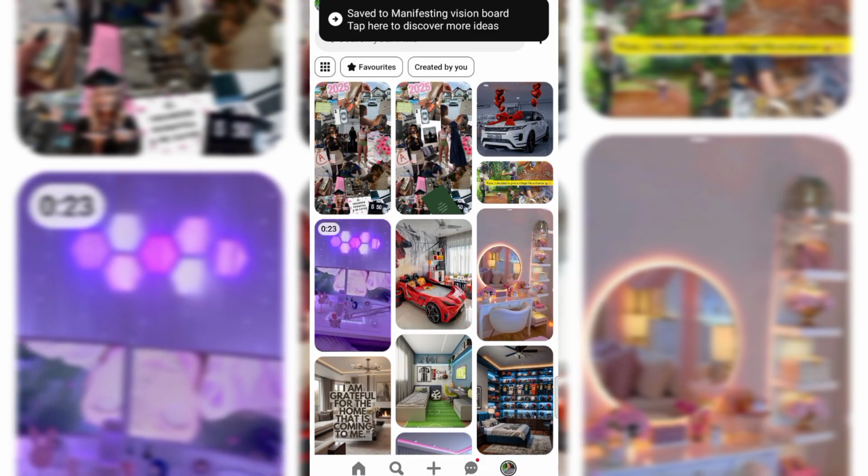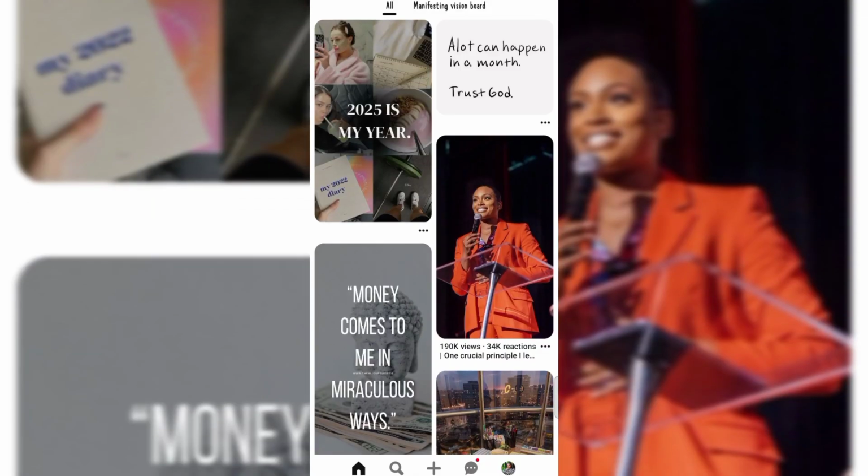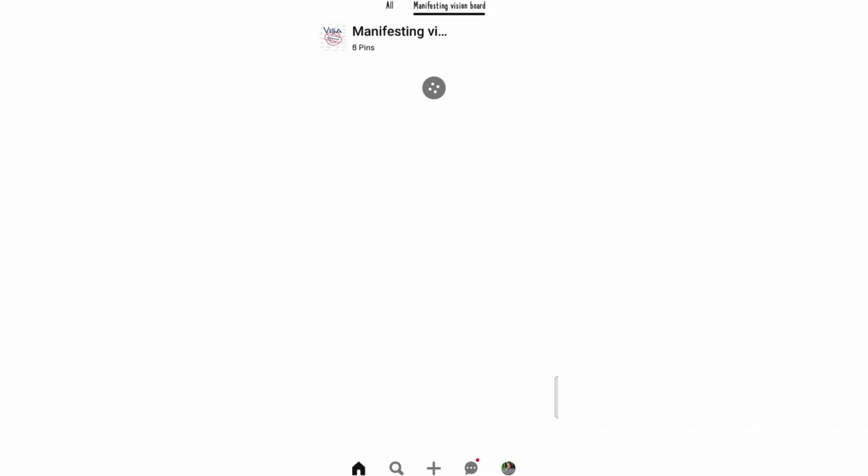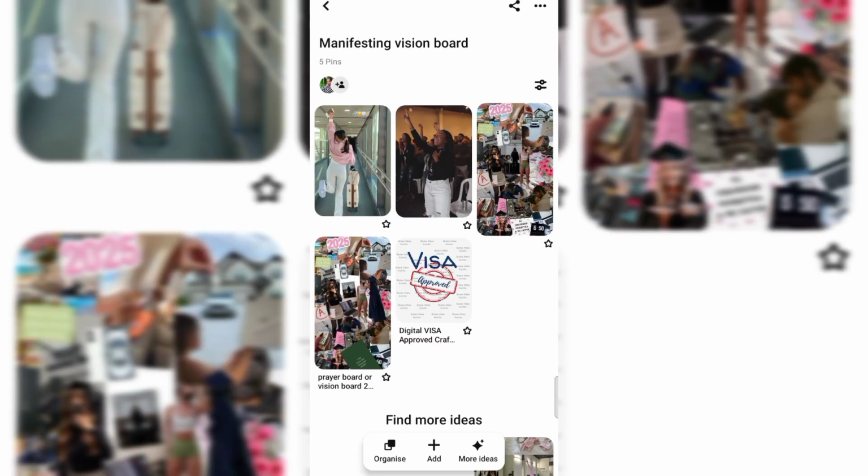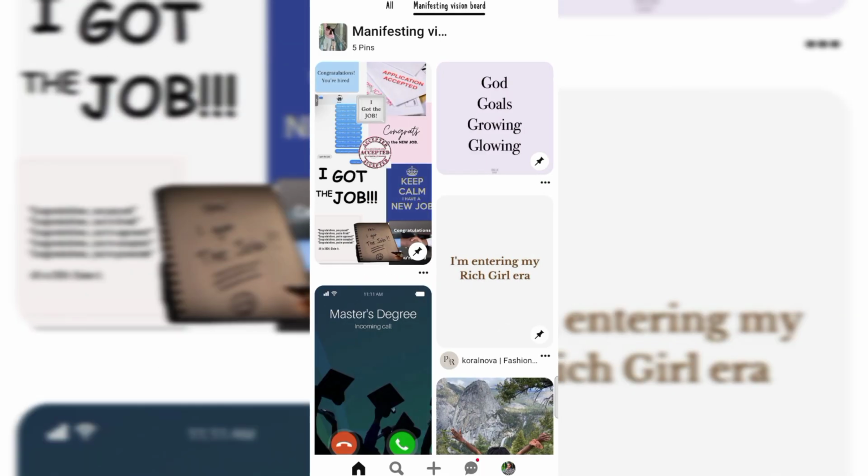You save literally everything that you want, and then you can also archive your vision board, whereby no one else can see it, or you can also not see it, but you can unarchive it if you want to. So if you are comfortable with what you've got, you can archive your vision board. After doing this, now you've found your favorite photos, you've found what you're looking for, and you want now